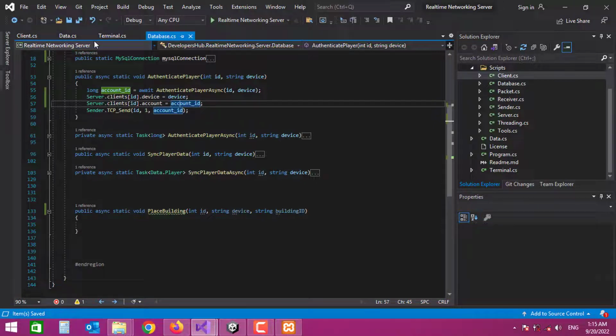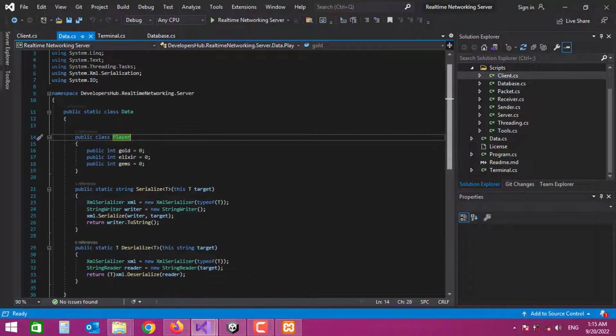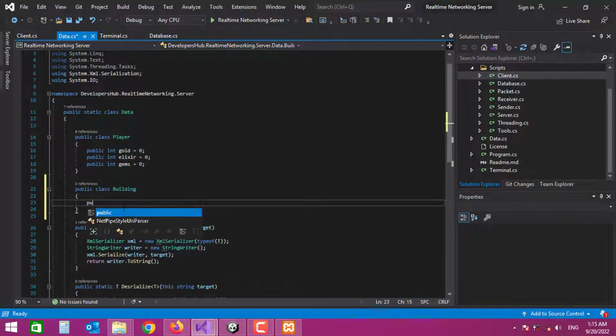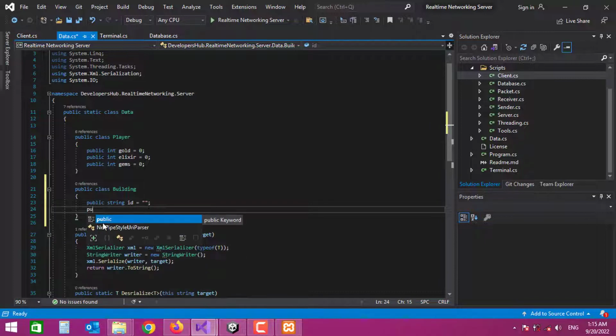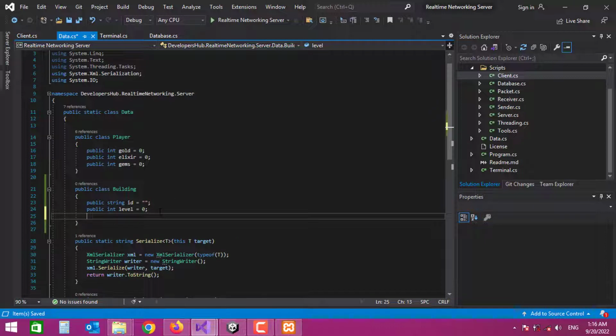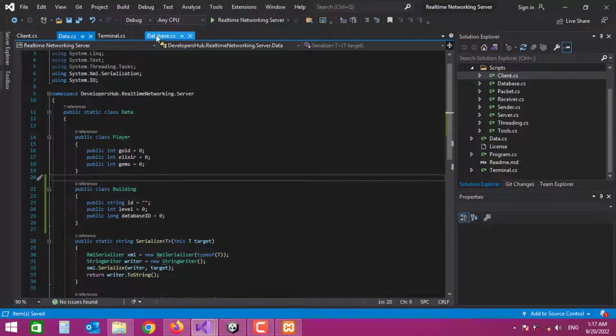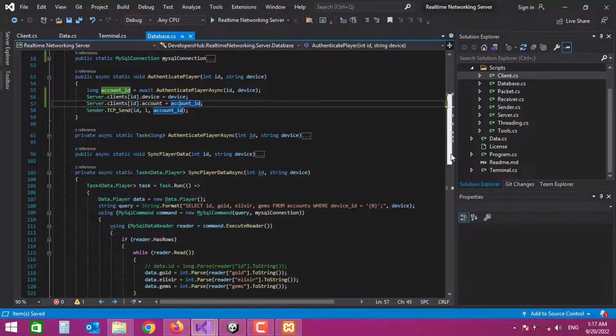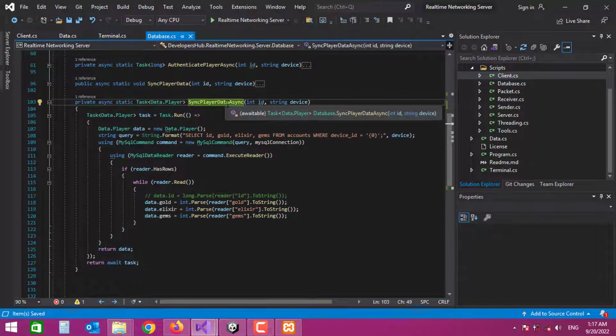Now let's go to the data and create a class, and name it building. The first thing obviously is going to be the ID of our building. The second one is going to be an integer, and it's going to be the level of our building. We also need a database ID for this building, so we're going to say long database ID. So let's go to the database and create a method. Let me copy this sync player data,